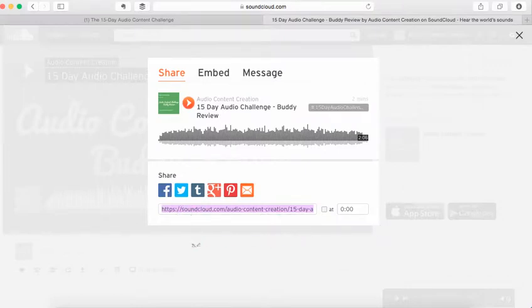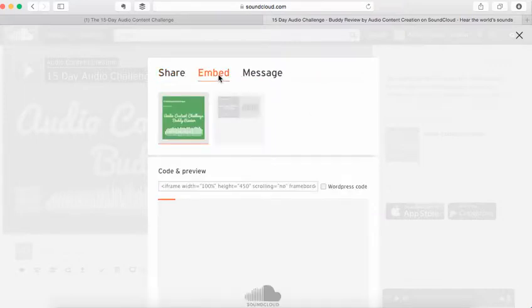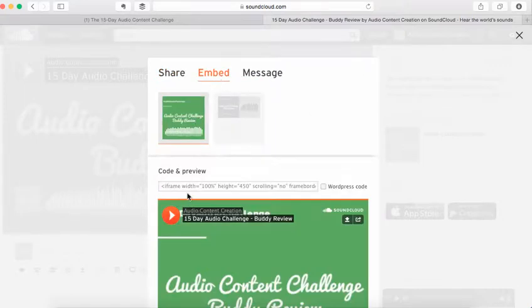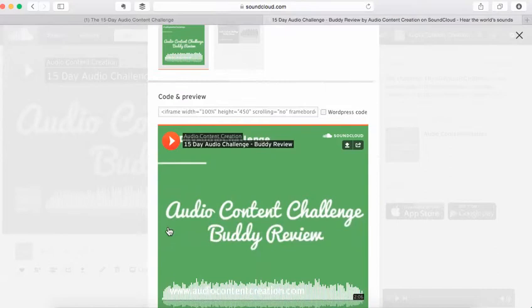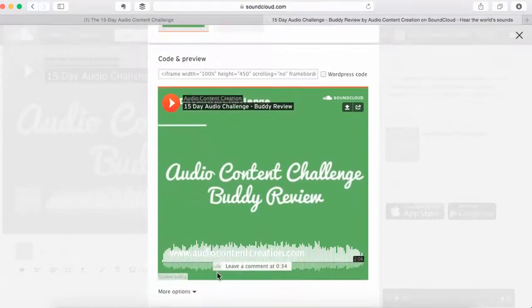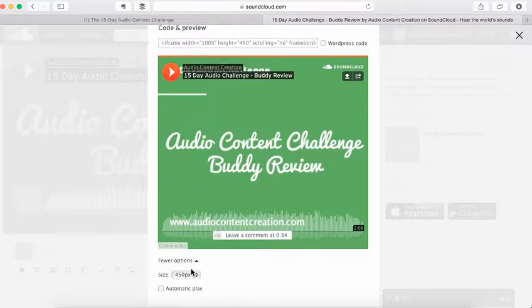But let's say I wanted to send this on to the Facebook group where we're, oh, another thing. So say you wanted to embed this on your website. This is how you do it. There are two ways you can do it, and there are two formats. So this could be a large one, so you can see the height is quite large. You can see if you wanted to